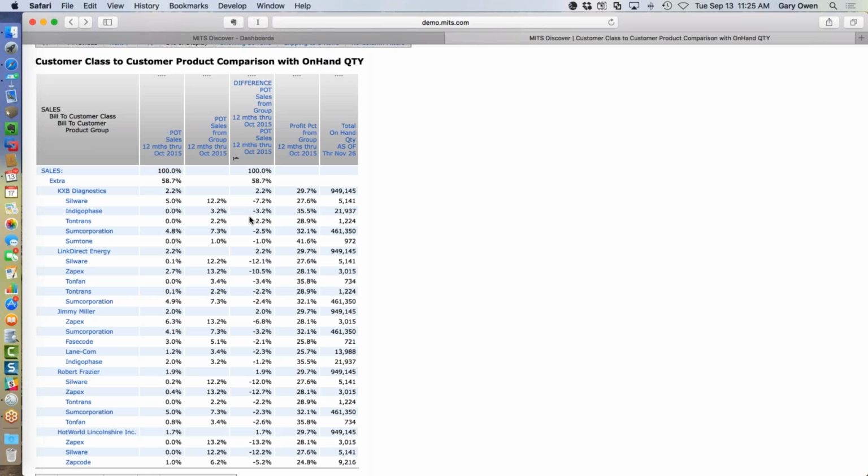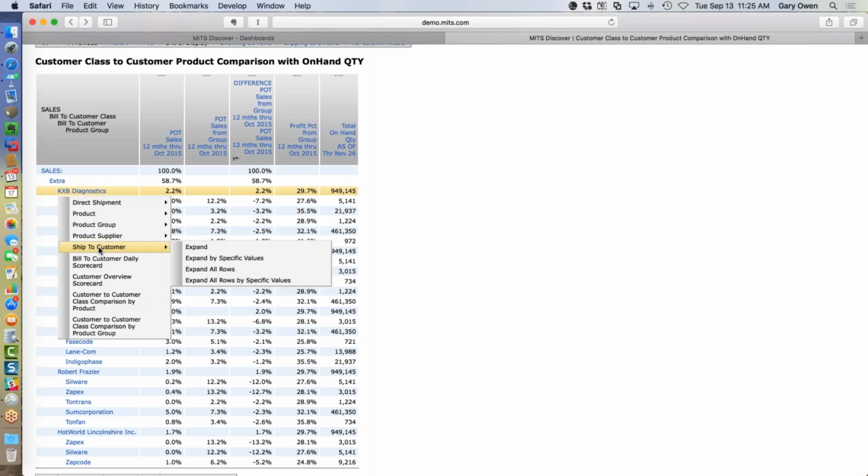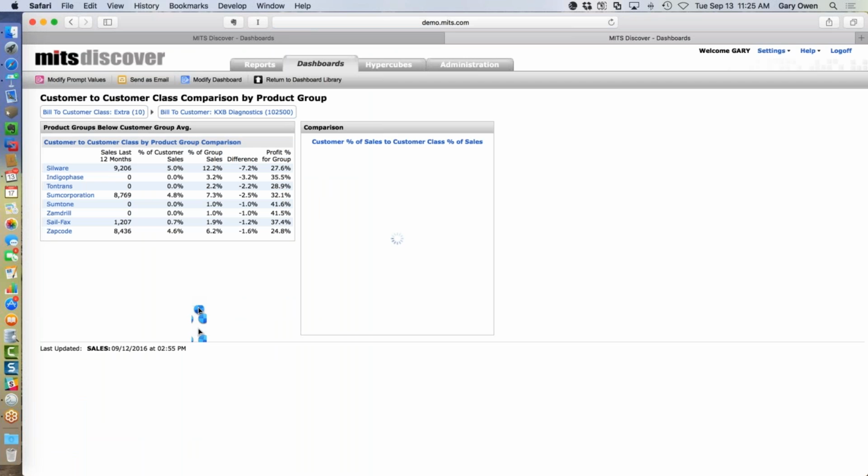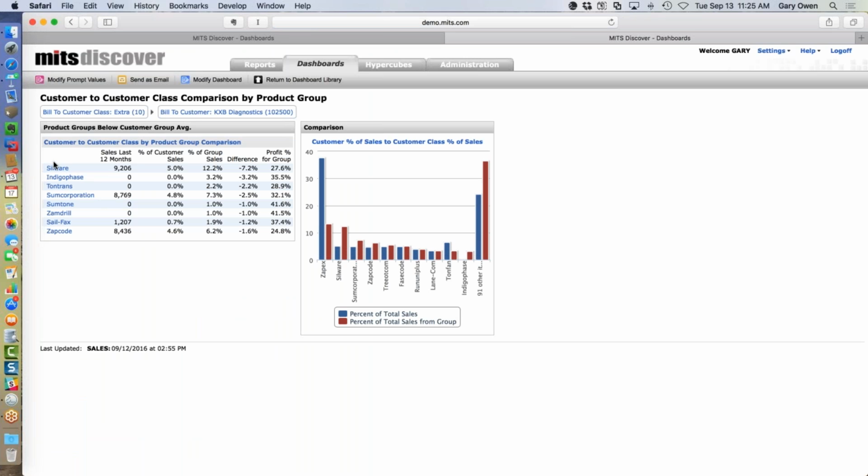Okay, so now that we've got this information and we have it organized in this way, we want to go beyond just using it in this one report. So one of the things that we did is we put together a dashboard, and it's really a simple dashboard. It's designed to be used as a source of information that would probably get integrated into your other existing dashboards. It's a dashboard that organizes this information, and it does it as a listing. So here are the customer class,